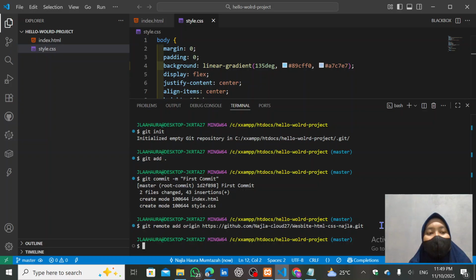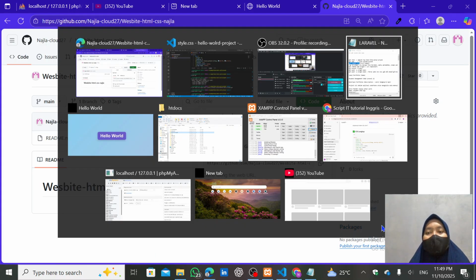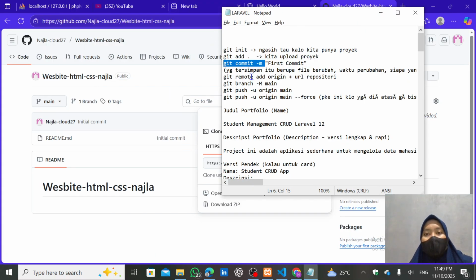Then I run git branch -M main, enter, and git push -u origin main.